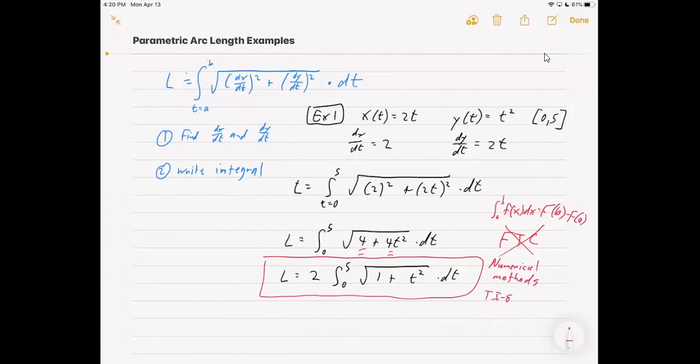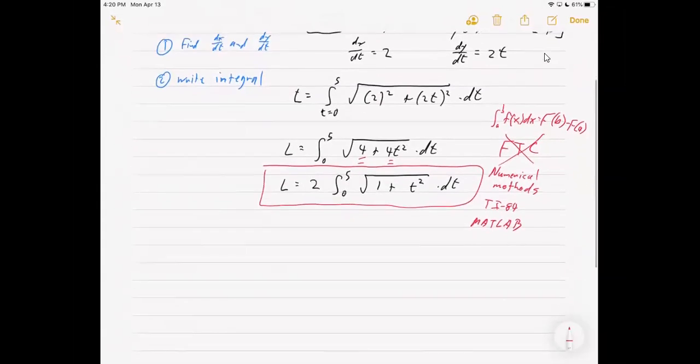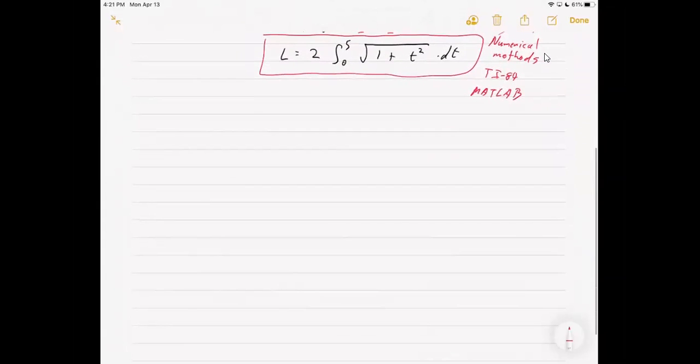We can't use that since we don't know the antiderivative, so we'll use numerical methods, which basically means grab your calculator, or grab MATLAB, or use the code that we just wrote, with a large number of subintervals, and see what the value is approaching. All right, so that's how we would do it. But you can see how easy it was to set this problem up. Right, let's do our other example and show how easy it is to set it up when we're in parametric equation form. So for example 2,